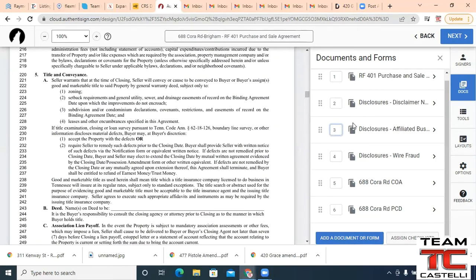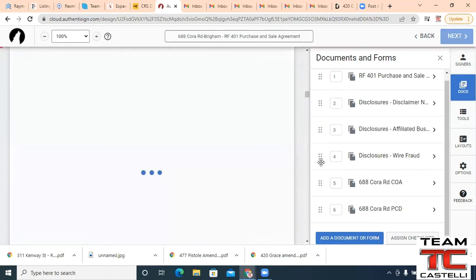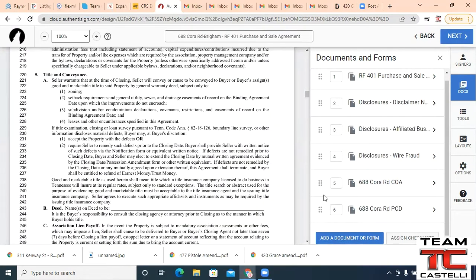So it replaces it with whatever number you did. So for instance, if I move down more than one, let's say I did 6, then this becomes down here, and my wire, and this moves up a space. So it doesn't replace it, it moves it up a space is what it does. But simple enough, drag and drop it where you need it to be. Okay, so